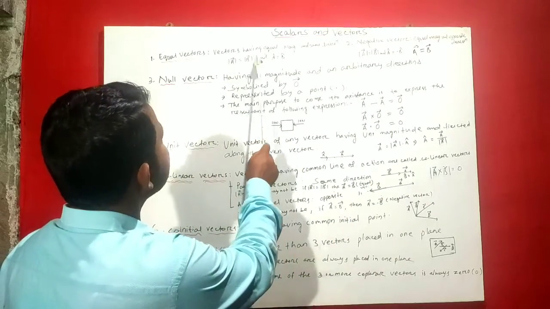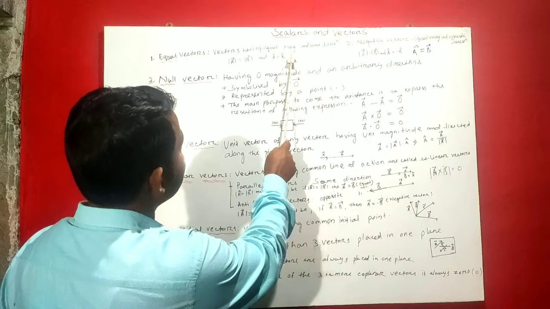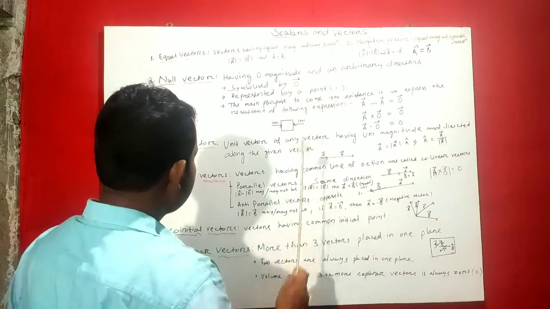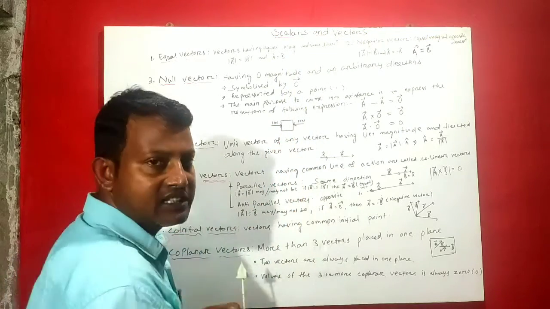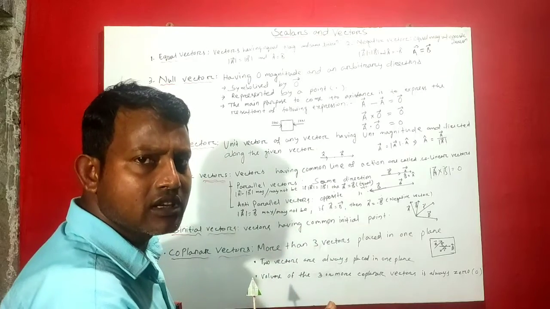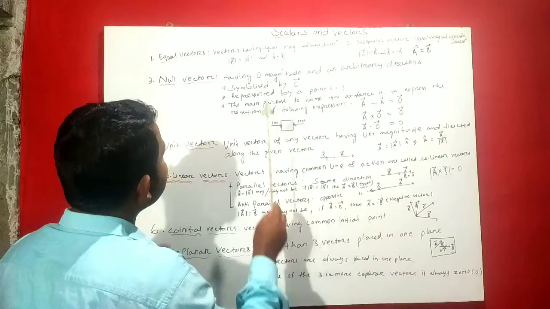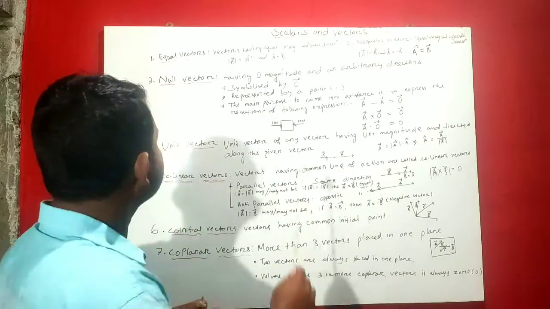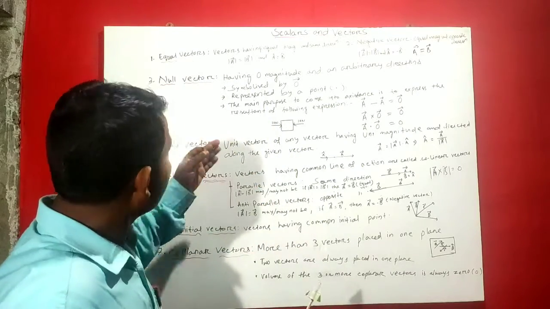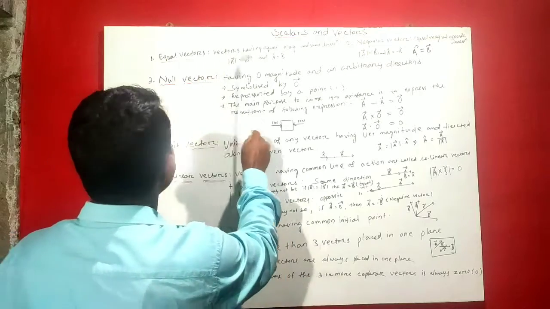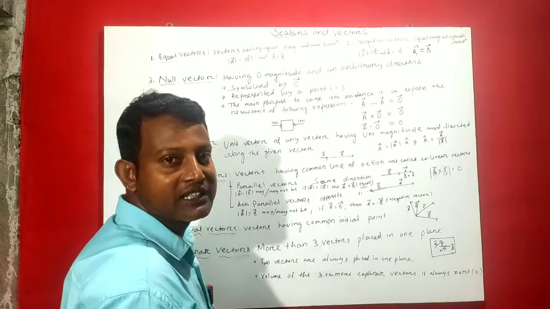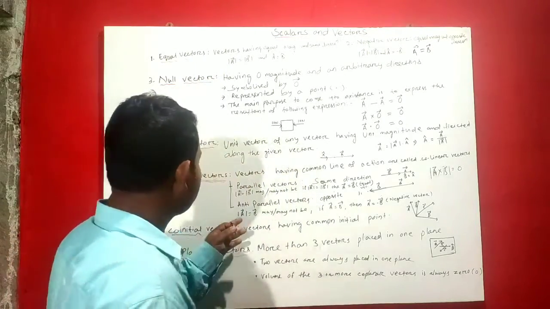As we know, equal vectors have equal magnitude and the same direction. Parallel vectors have the same direction. So when their magnitude is the same, they obey the definition of equal vectors. They become equal vectors. But antiparallel